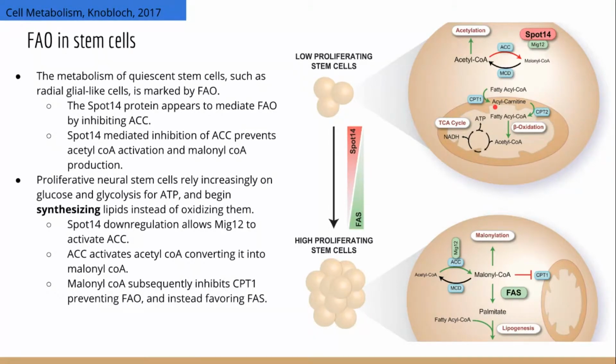However, following activation and during proliferation of these stem cells, the neural stem cells increasingly begin to rely on glucose and glycolysis for ATP, which makes sense because neurons, if you remember, are almost completely reliant on glycolysis and glucose for their ATP, and they don't actually have much of an interest in lipids. So the downregulation of SPOT14 is speculated to be at least partially responsible for this change in metabolism by allowing